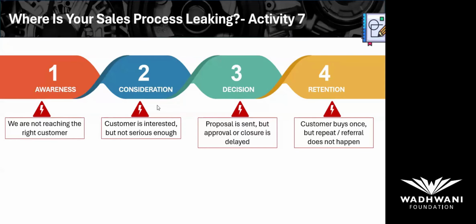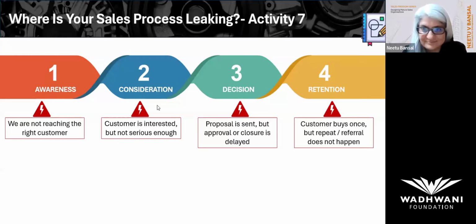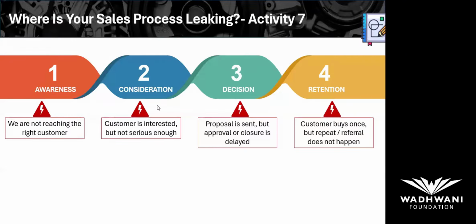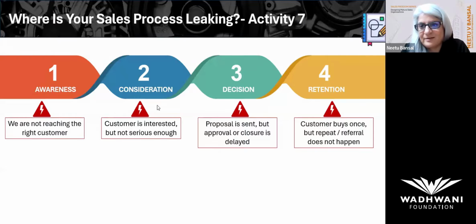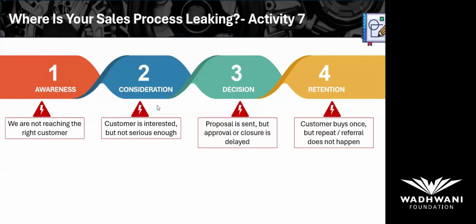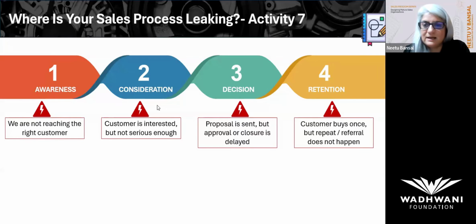Gatekeeper: some customers may be positive about us, some customers may be negative about us, or may be favoring some other competitor. So we have to map that gatekeeper. We have to identify who that gatekeeper is. Then we have to map whether he is positive or negative, and then how to make him positive. So some sort of action we have to take to make him positive, so that we move to the next level.